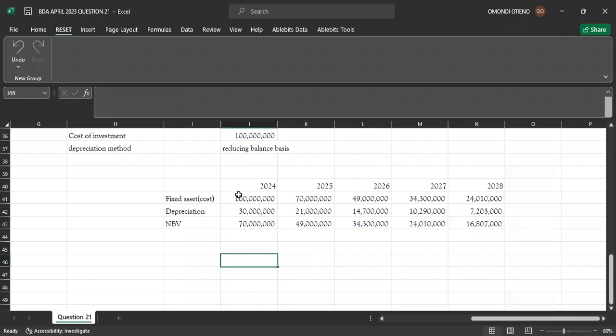We have said that fixed costs is 100,000 or million, the fixed asset, the cost, the fixed cost. And remember, I've said we have not been told anywhere that the lifespan of this particular asset is 5 years. If you are told that the lifespan of this particular asset is 5 years, then we expected that the last year, there's nothing that's going to remain. So the last year could have been all the amount that has been depreciated up to 2027, which is giving us a total of